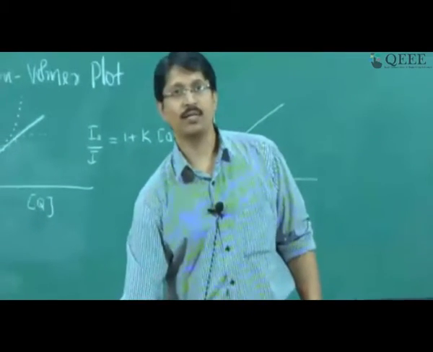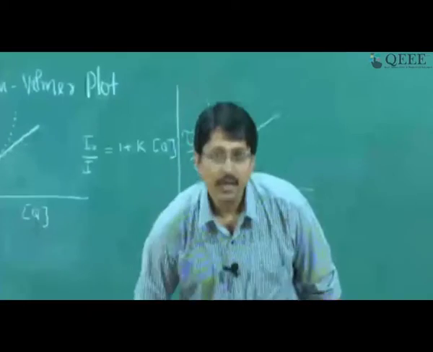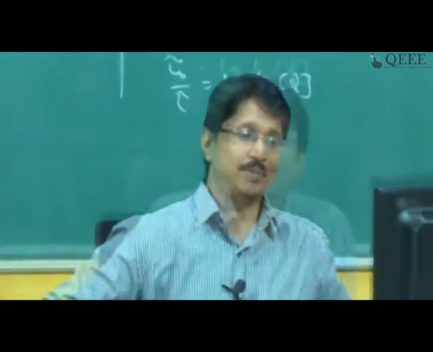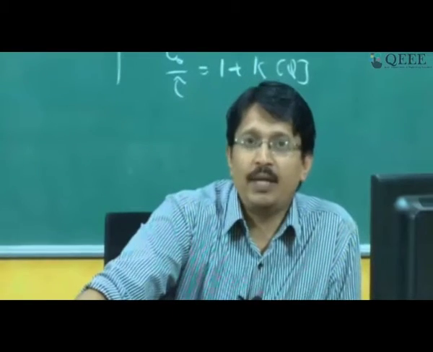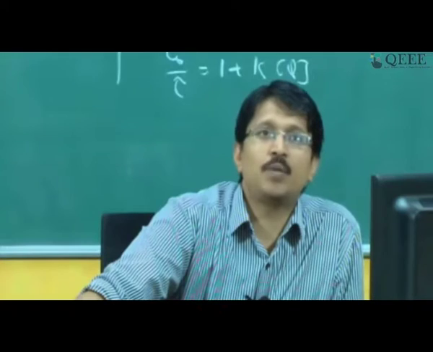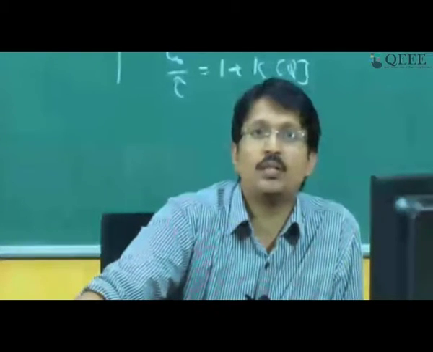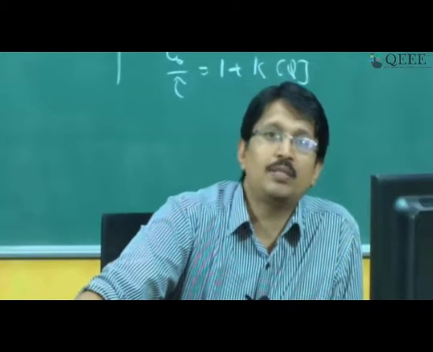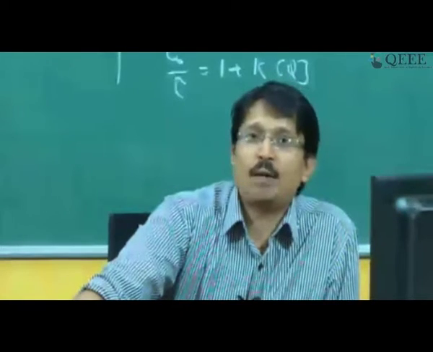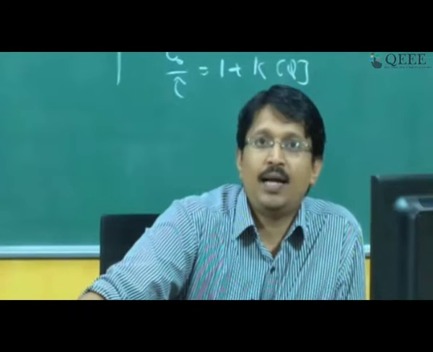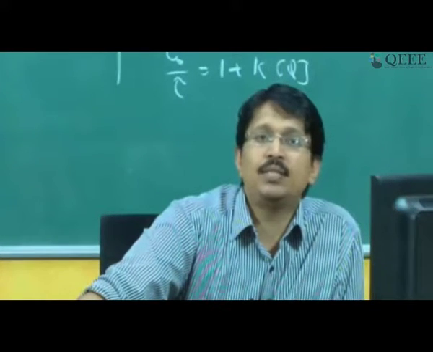If you understand what static quenching is, you should be able to plot that tau 0 by tau plot for static quenching. Assume that static quenching is happening, how will the tau 0 by tau versus quencher concentration plot look like? Tau is the lifetime. We discussed the lifetime yesterday. Tau 0 is the lifetime of the fluorophore in the absence of quencher. Tau is the lifetime in presence of quencher. And the situation is that only static quenching is happening.